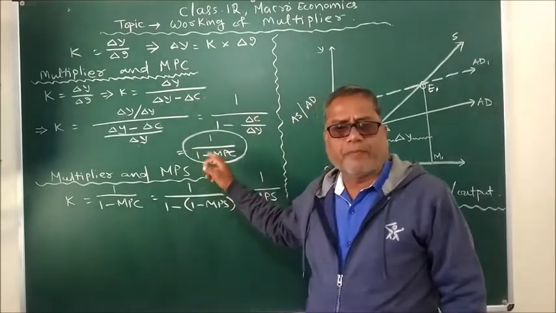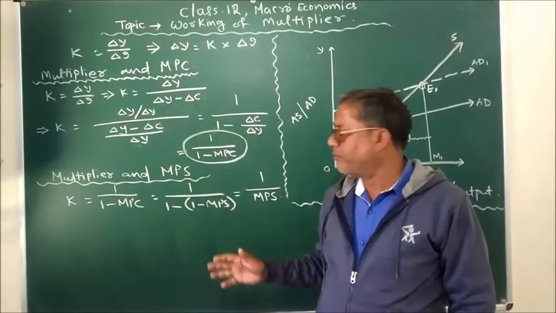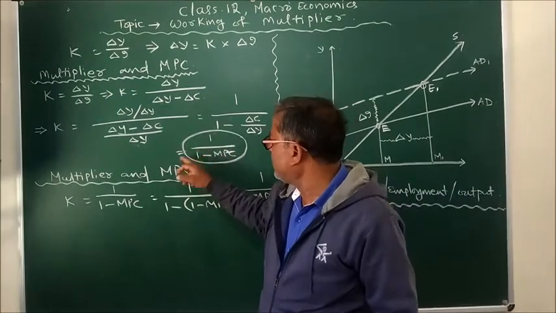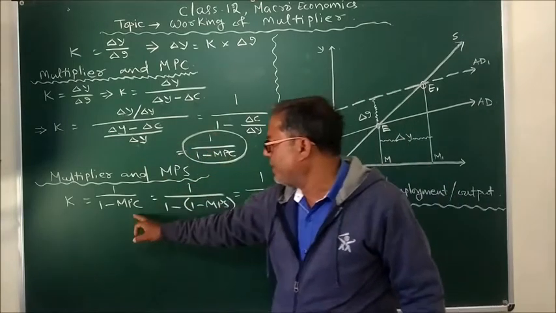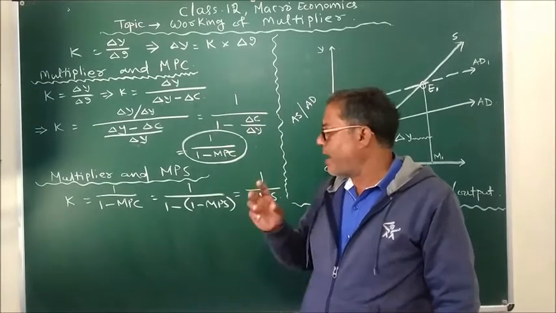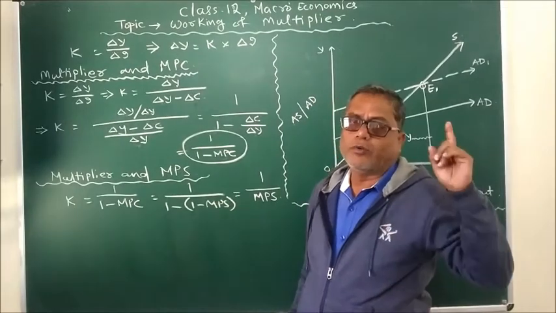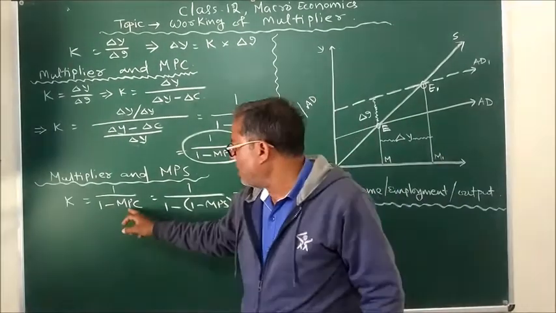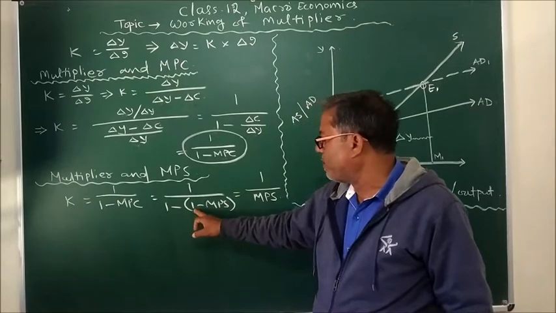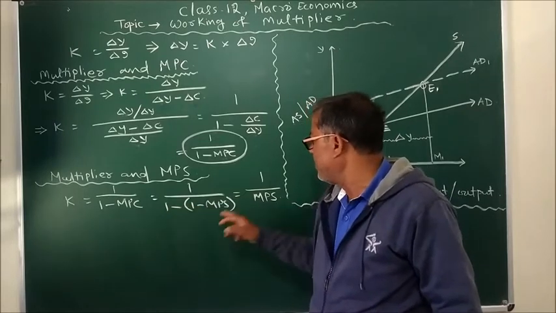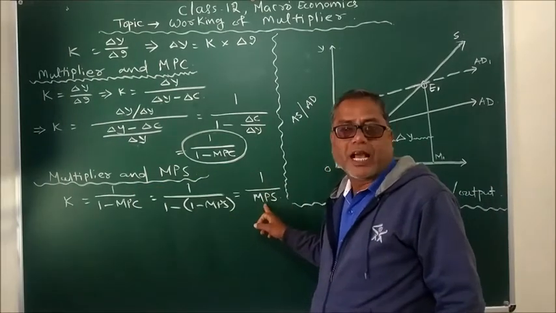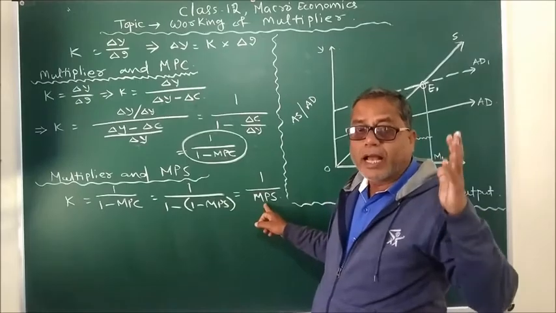So from this equation we can find easily the relationship between multiplier and MPS, that is marginal propensity to save. So from this equation, that is K equal to 1 upon 1 minus MPC, and MPC is nothing but 1 minus MPS, because MPC and MPS combined always make 1. Thus in place of MPC we can write 1 minus MPS. 1 minus within bracket 1 minus MPS, that is 1 and 1 cancelled, and ultimately we got multiplier equal to 1 by MPS, and 1 by MPS is the reciprocal of MPS.